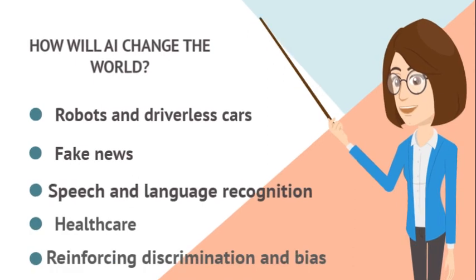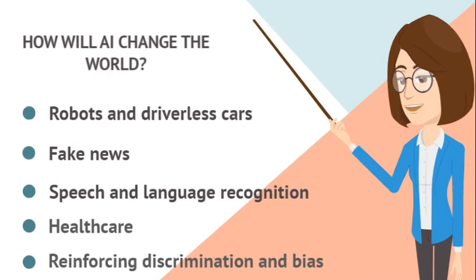How will AI change the world? Robots and driverless cars. The desire for robots to be able to act autonomously and understand and navigate the world around them means there is a natural overlap between robotics and AI. While AI is only one of the technologies used in robotics, use of AI is helping robots move into new areas such as self-driving cars, delivery robots, as well as helping robots to learn new skills.